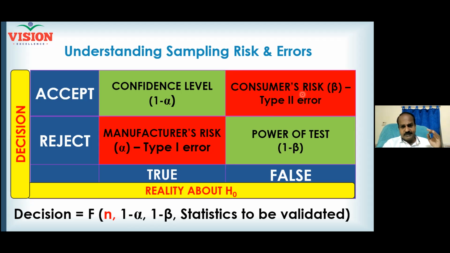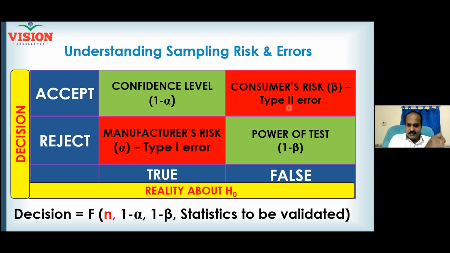Always when you take a decision based on the sample, these two risks will come into play. This is called a type 2 error or consumer risk. For type 1 error, the fixed value is alpha, the level of significance. And for type 2 error, the ceiling is beta. Generally, alpha and beta are fixed at 5%. Both type 1 error and type 2 error should be 5%. Generally, but of course you can change it.